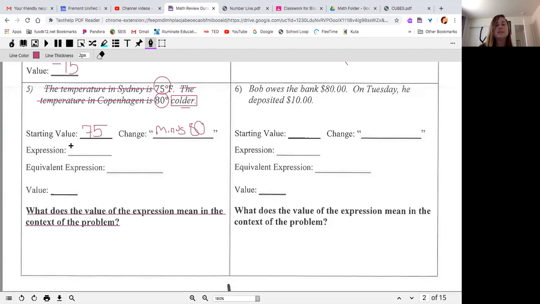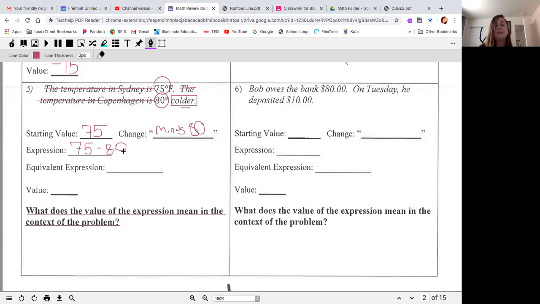So my expression, how's that going to look? I want you to write it. Don't want you just waiting for me. I want you to try and figure it out. You can always pause the video and work the problems and then check to see if we agree or not. Because I might be doing some of this stuff incorrectly. Okay,